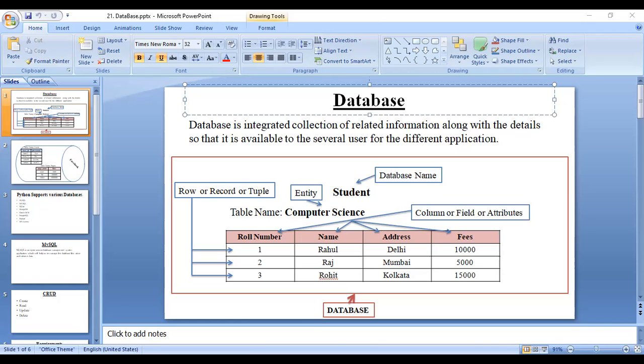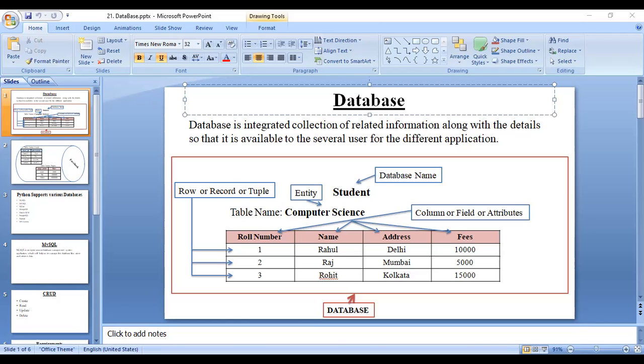It is a container to store your data. But what is data? Data is information. And information is a collection of one or more characters. Got it? Yes, sir.